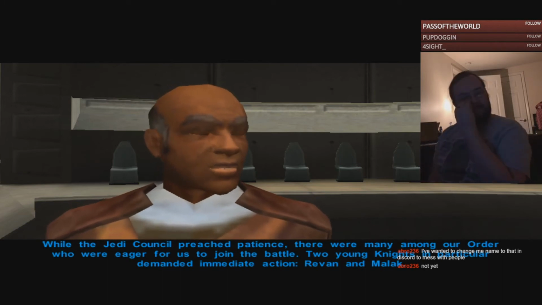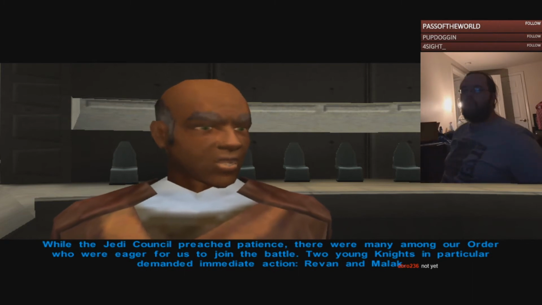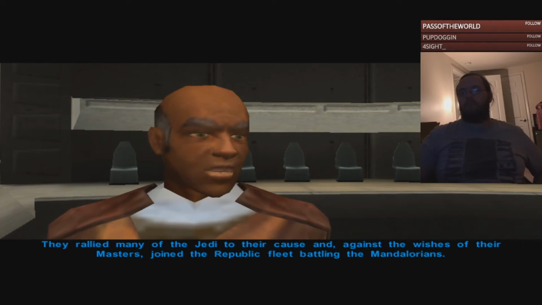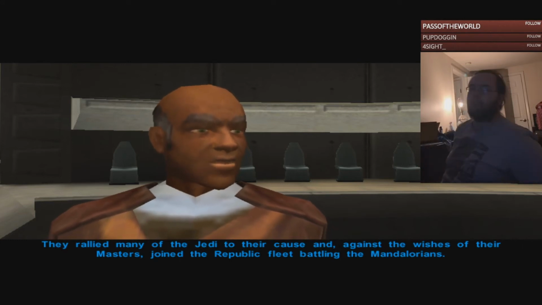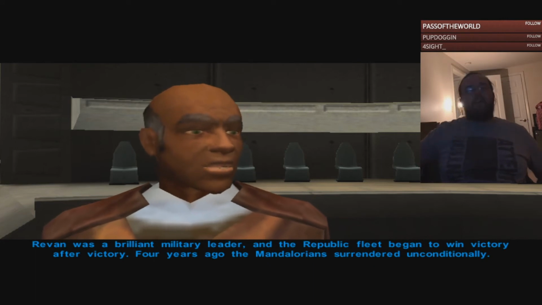While the Jedi Council preached patience, there were many among our order who were eager for us to join the battle. 2 young knights in particular demanded immediate action, Revan and Malak. They rallied many of the Jedi to their cause, and against the wishes of their masters, joined the Republic fleet battling the Mandalorians. Revan was a brilliant